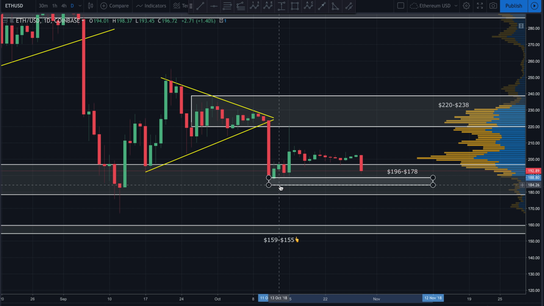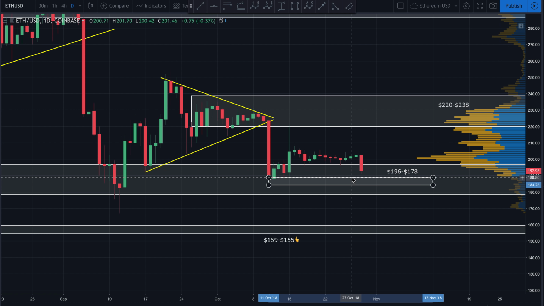This is the area. If it does end up breaking down, guys, we could come down to much lower lows. However, I wouldn't. I would still consider possibly deploying some fiat in this area. So I'd be looking at possibly entering a small position between 189 and 194, somewhere in there, guys. And I would absolutely be looking at entering a small position even below that.